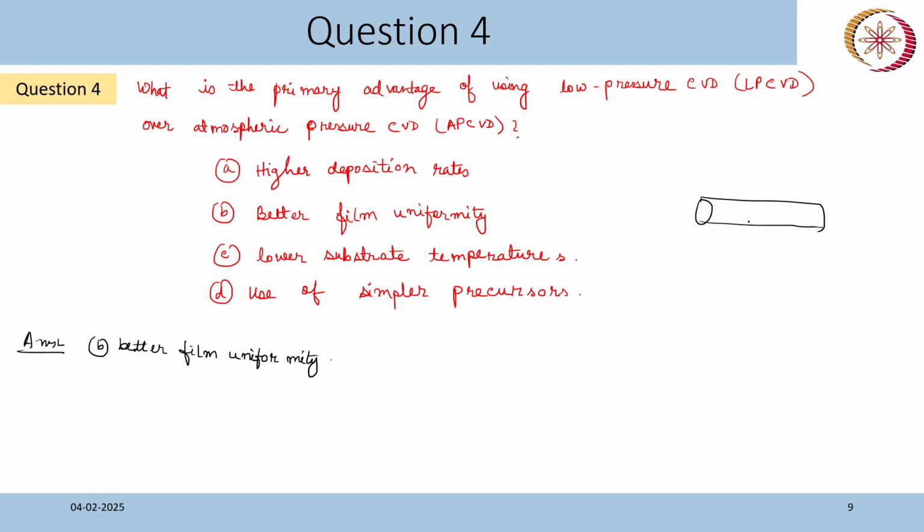So what is done here, a substrate is kept here, then the reactant gases are introduced from one side in a controlled manner, so there will be MFCs. Now this gas will come and decompose into different components, and some reaction will happen at the surface, and after the reaction some byproduct will result, and those will be carried away